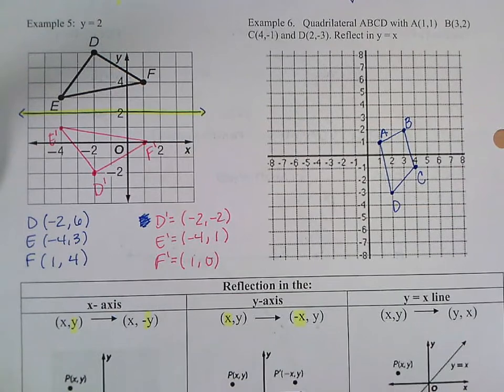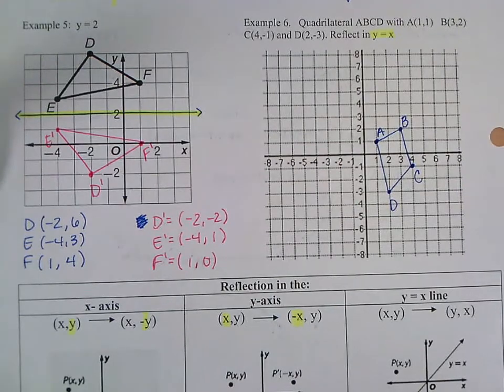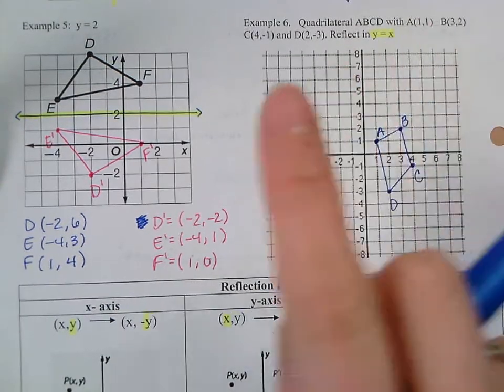Okay, and then it says reflect in the line y equals x. So this line, the line y equals x,